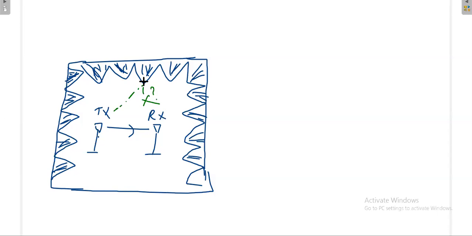Whatever signal goes to those sharp edges will be absorbed by the sharp edges. Already I told you in some classes, whenever you have a sharp object, it will absorb the electromagnetic signal and will not reflect it. I don't know what material you have made this from, but it is very, very sharp. Because it is so sharp, it will absorb the electromagnetic signal, and the signal will be completely absorbed.